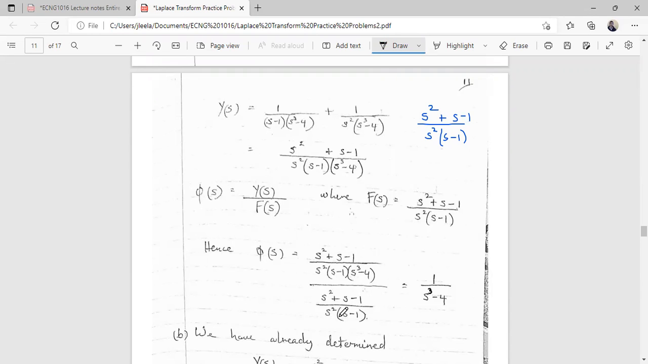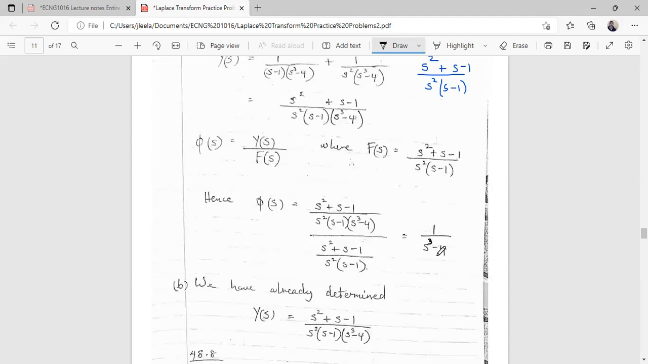And canceling with these two here. So you'll end up just getting s cubed minus 4 at the bottom, and then this s squared plus s minus 1 will cancel with s squared plus s minus 1. So your transfer function is 1 over s cubed minus 4,